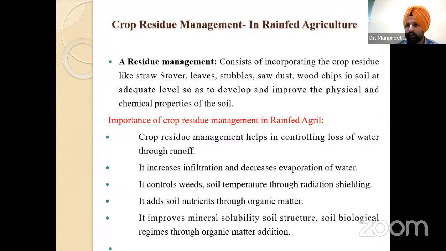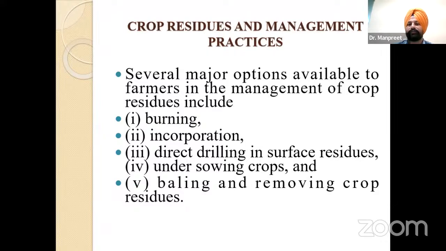क्योंकि उसको उसके न्यूट्रिएंट सोर्सेज मिल रहे हैं जो कि ऐसे ही बर्न हो रहे थे। उसके बाद आगे क्रॉप रेजिड्यूज एंड मैनेजमेंट प्रैक्टिसेस। जैसे हमने बात करी है कि कौन कौन सी प्रैक्टिसेस हैं, इसमें दो तीन प्रैक्टिसेस ऐड करी हैं। पहले, क्रॉप रेजिड्यूज की प्रैक्टिसेस कौन कौन सी फॉलो करते हैं, किस तरह मैनेज करना प्रेफर करते हैं। फार्मर तो गोज फॉर बर्निंग, सेकंड इज इनकॉर्पोरेशन, फिर डायरेक्ट ड्रिलिंग है, ड्रिलिंग इन सरफेस रेजिड्यूज, ये होता है कि नेक्स्ट क्रॉप की सीधे सरफेस रेजिड्यू में डायरेक्ट ड्रिलिंग कर देते हैं। फिर अंडरसोइंग क्रॉप्स होती हैं,